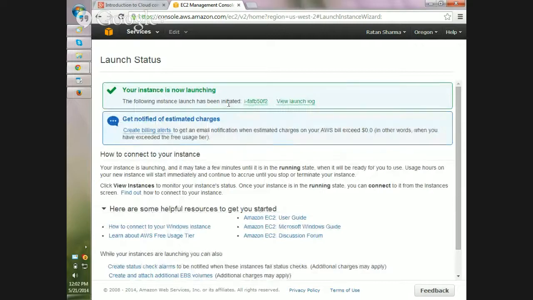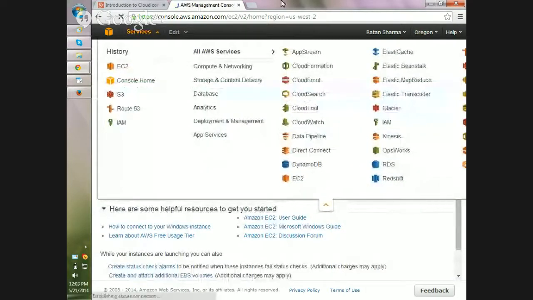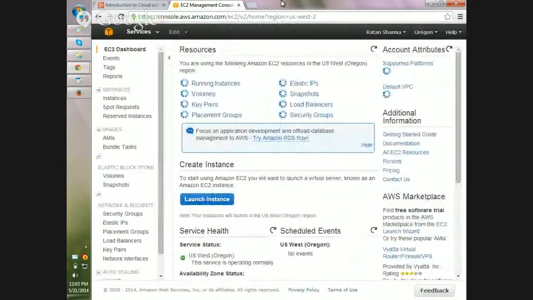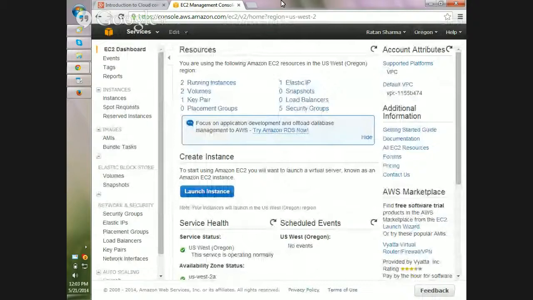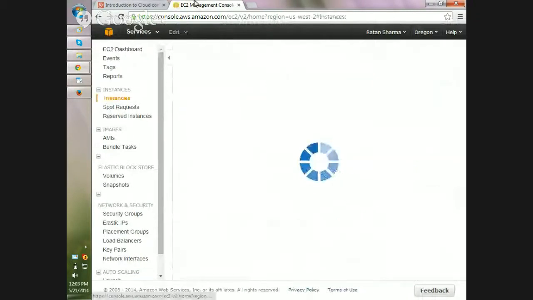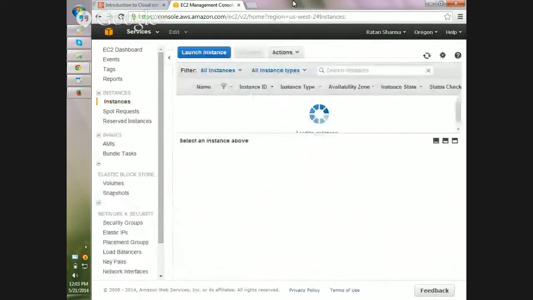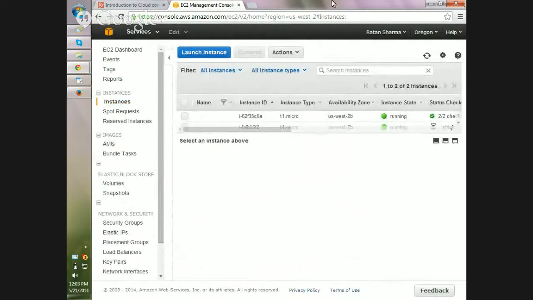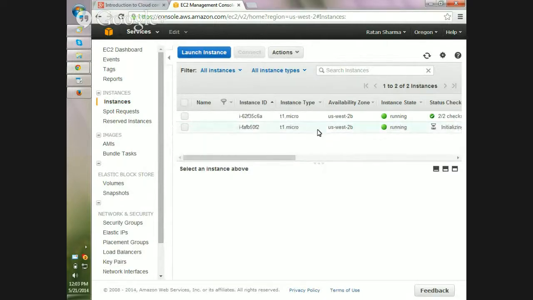So this will launch your instance. It will take a couple of minutes to create the instance on the cloud for your use. You can see all those instances again in EC2. Two running instances now.